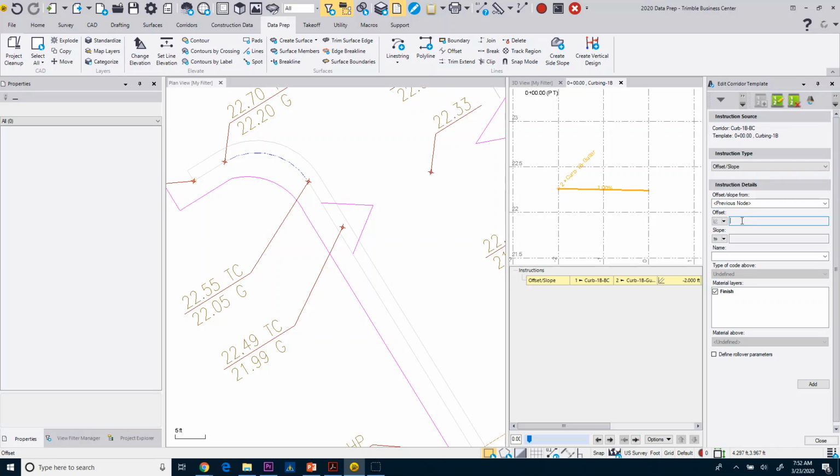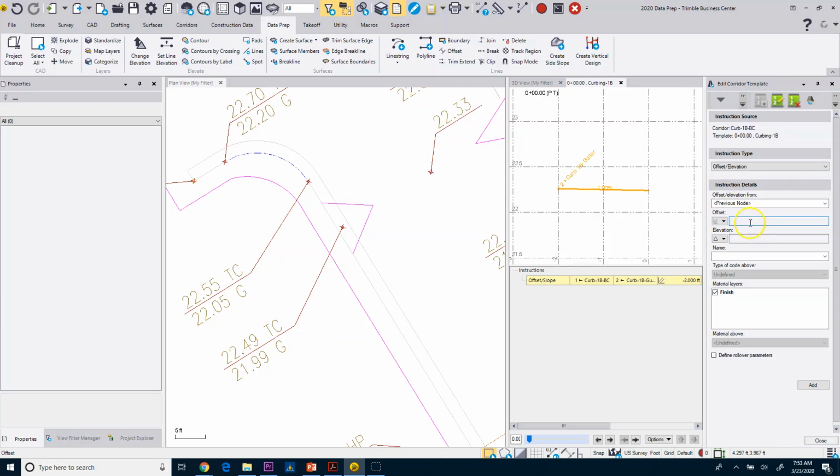So you can't have a true vertical face. We want to bump this back. And if we look at the curb and gutter, it has a little batter to it anyways. So I'm going to put in basically a 0.1 batter, and it's going to the right, so it's positive. And actually, I apologize. I want to change this to offset elevation because I want to create the top face